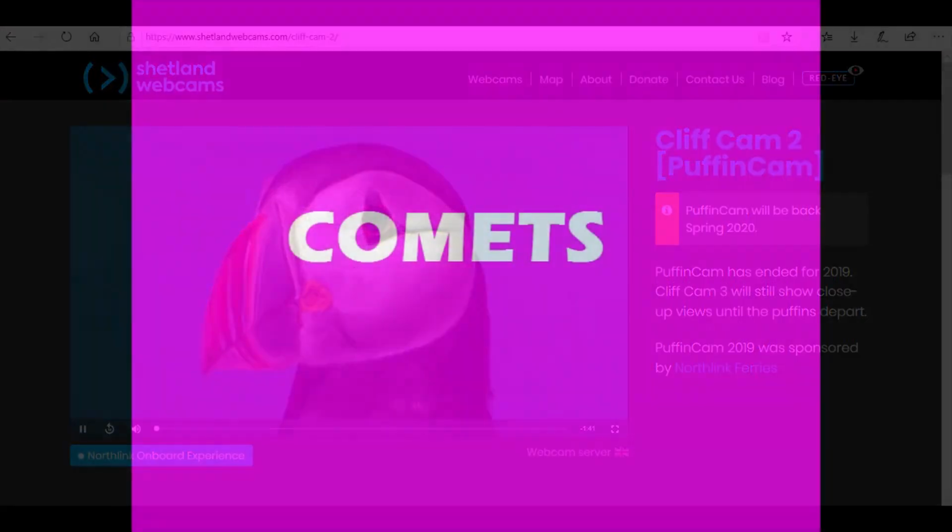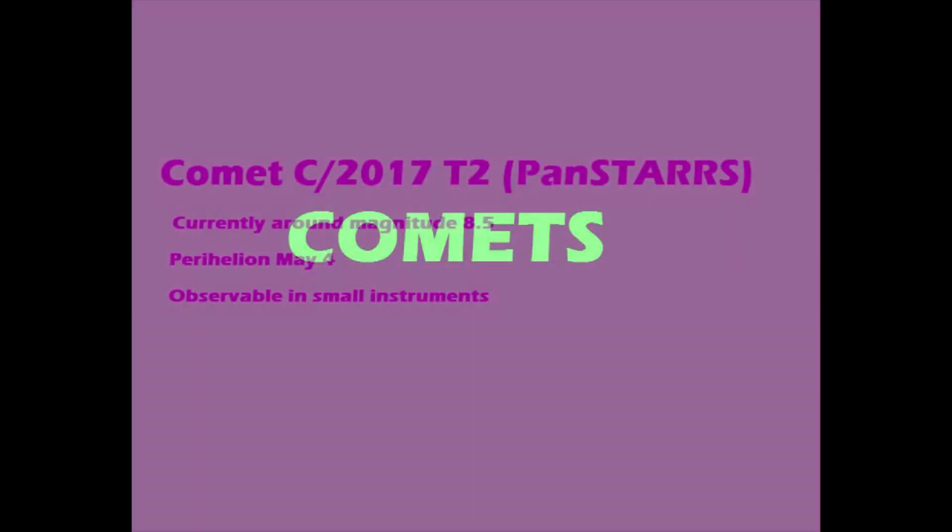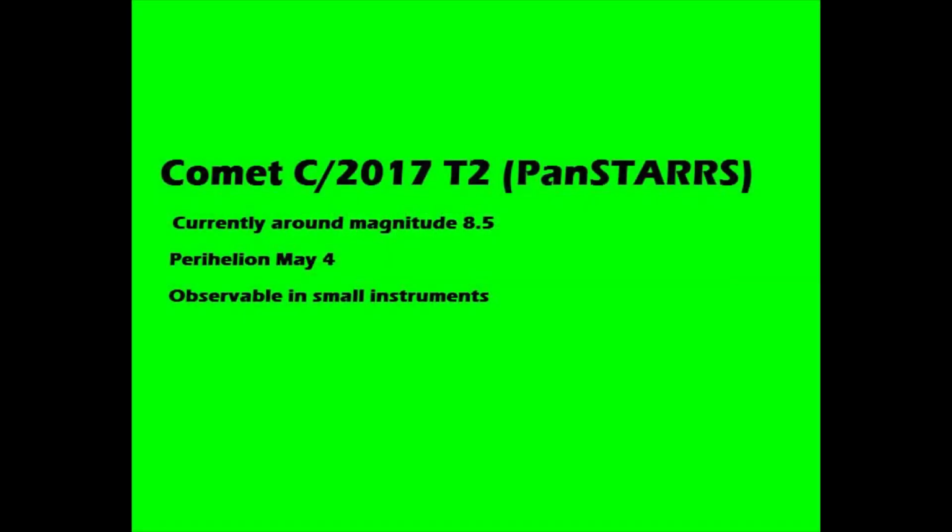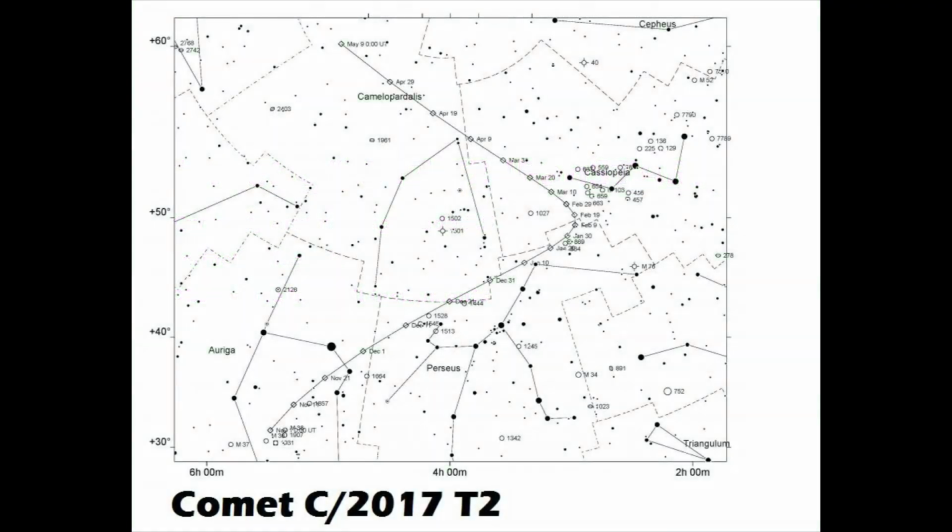Turning to comets now, and I'm thankful to Nick James for this information and also for uploading these slides online. The comet C2017 T2 is currently around magnitude 8.5, and it's expected to come to perihelion on May the 4th, now observable in small instruments. And of the many pictures at the Comet website, I've selected just one, which I'll show you in a moment. You can see it's quite high above the horizon. It's passing through Cassiopeia here, and it's going to be well placed, even though not particularly spectacular.